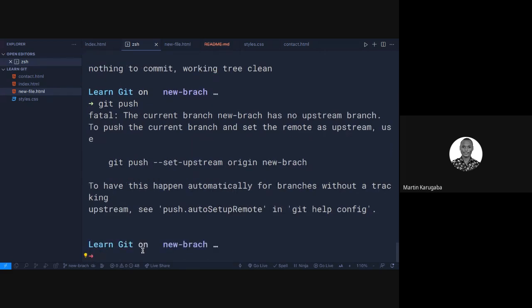Now, notice we have an error. It says the current branch has no upstream branch. It means that this branch is on this local repository, but it is not online. So run git push set upstream to make it available outside. So the first time you're pushing code on a new branch, you'll always need to run set upstream, or the shortcut would be